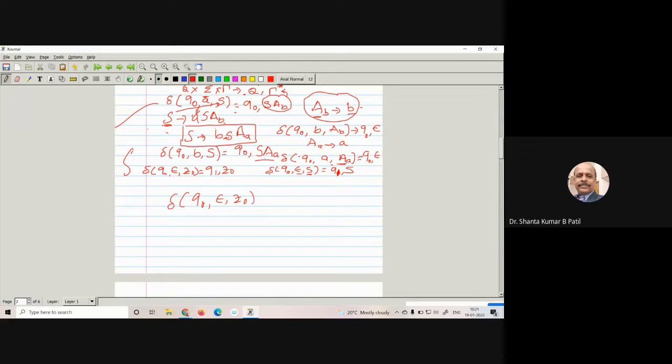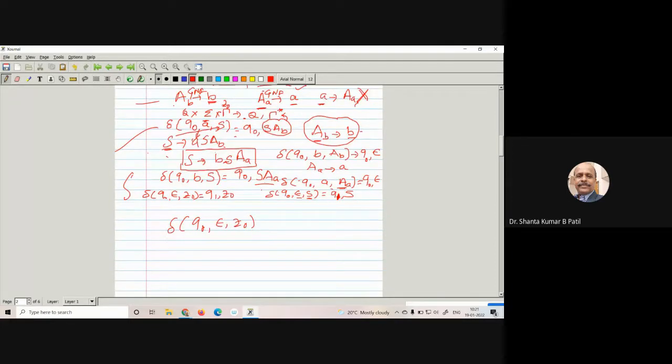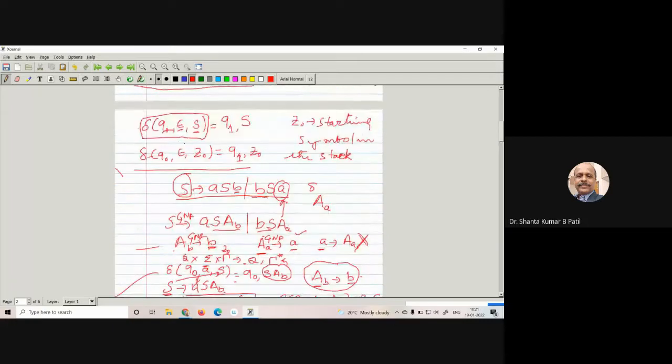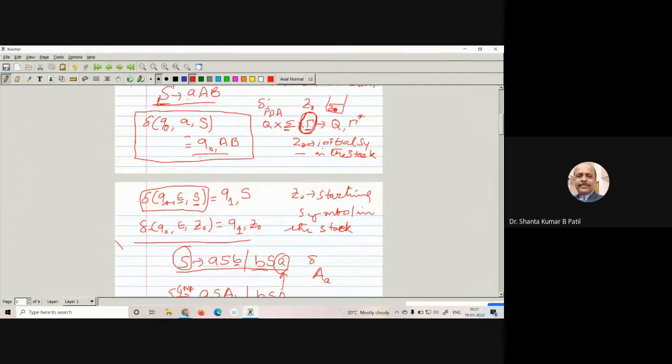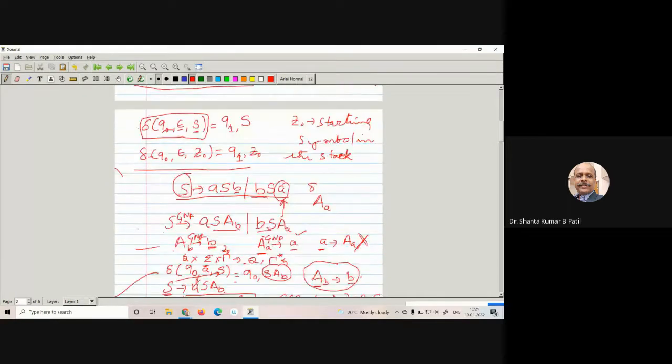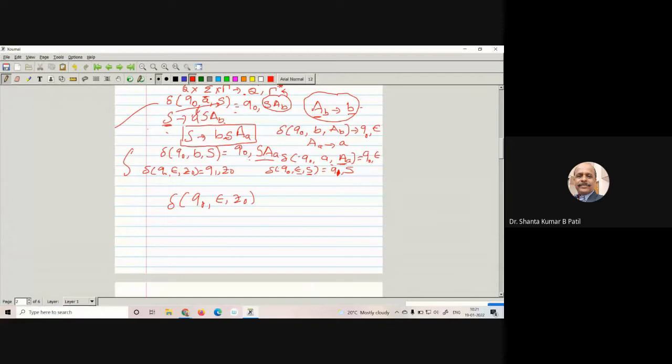Okay, or you can take this, the first one, q naught, this transition function. You can take q naught as is equal to q naught ab. I'll take this transition function, q naught delta of,